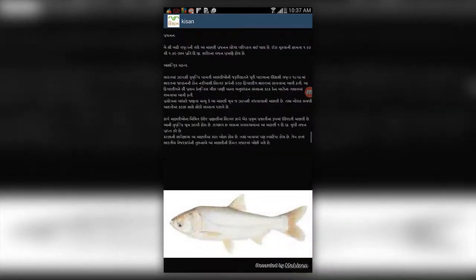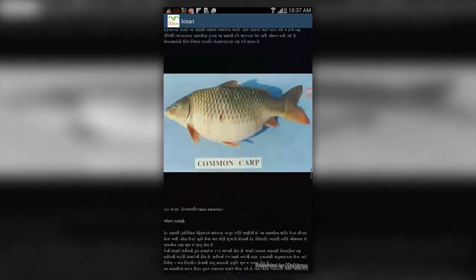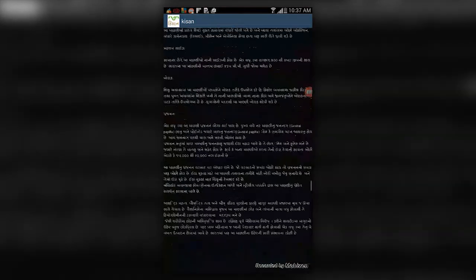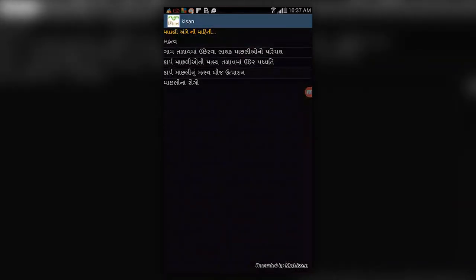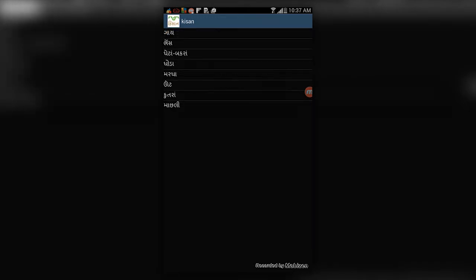Now see the different varieties: common carp, sindhi, rohu, katla, everything is given here. It will also contain disease-related information, what could occur and what could be the remedial measures for this fisheries section.